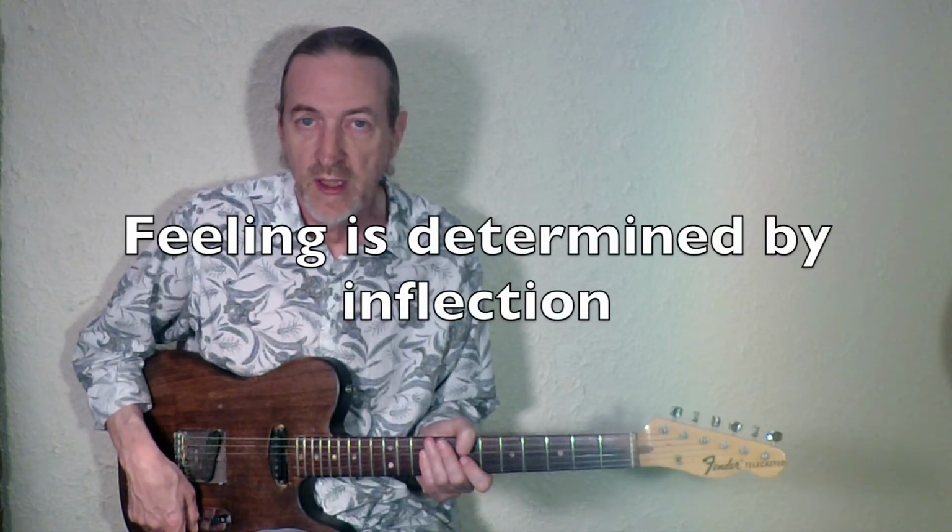In musical language, the meaning of musical language is feeling. So in the same way that meaning is determined by inflection in spoken language, feeling is determined by inflection in musical language. So when we put all these inflective devices together and mix them up, and we combine that with a sense of phrasing, you have a language. So you might have a conversational quality going on where you have one guy that says,